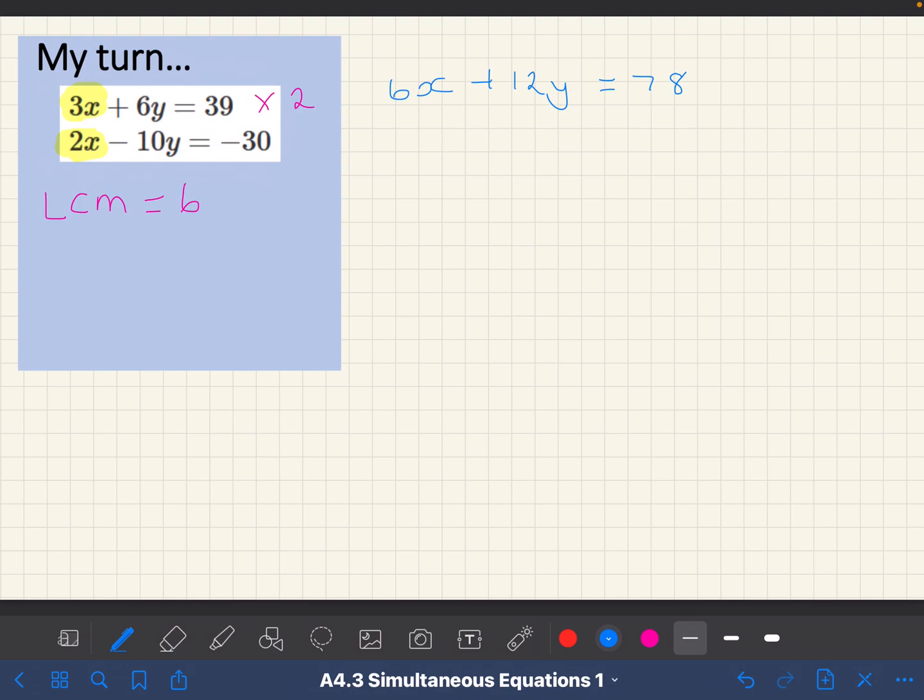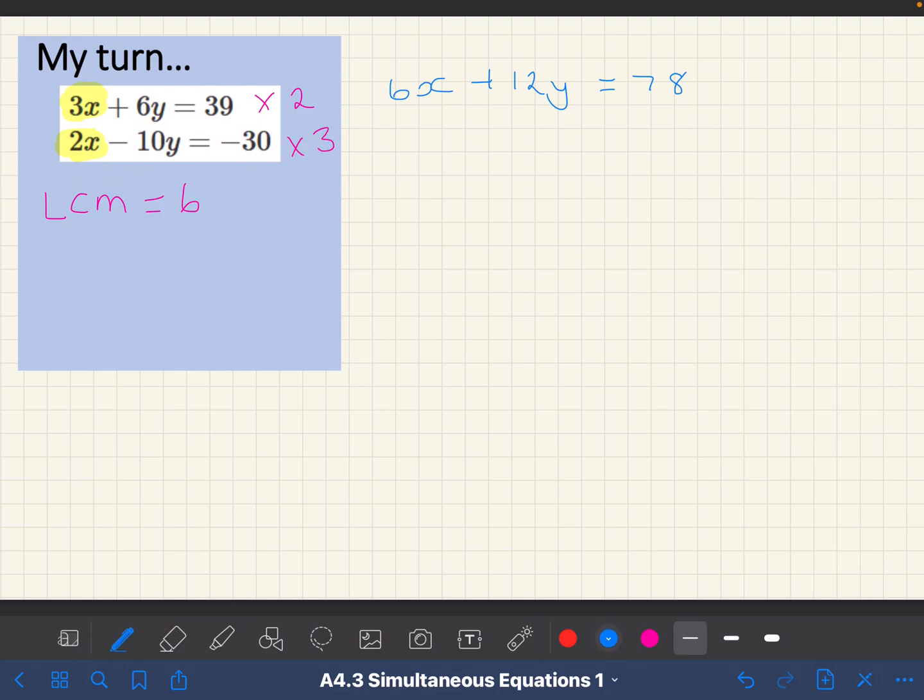Next step is to look at the other equation. So we're looking at 2x and looking to see what would make this 2 a 6. Now to multiply 2x by 3, it would give us 6x. That means if we multiply this term by 3, we must also multiply minus 10y by 3 and also multiply minus 30 by 3. So if we do that now,